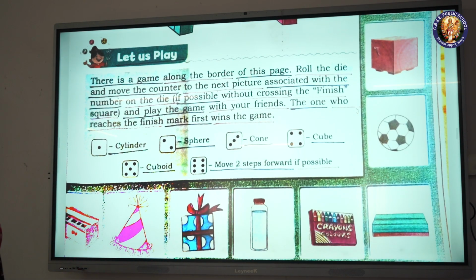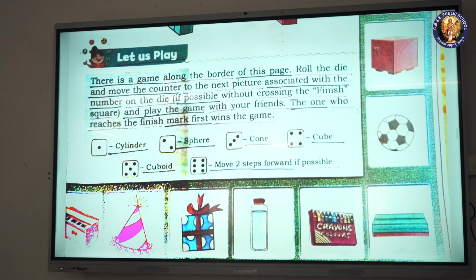Let us play. There is a game along the border of this space. Roll the die and move the counter to the next picture associated with the number on the die, if possible, without crossing the finish square, and play the game with your friends.